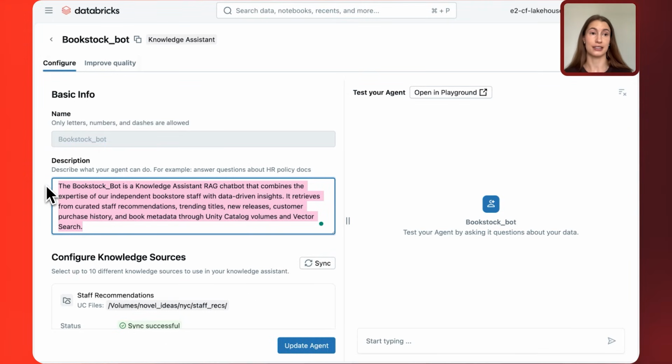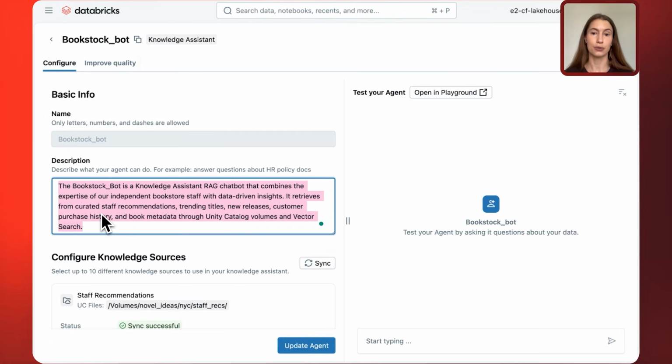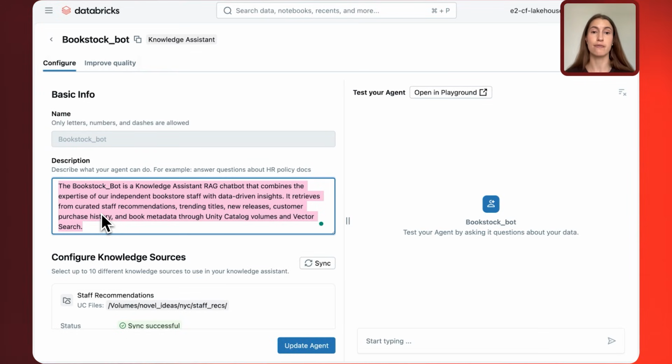So if a customer asks for a book recommendation, it's not just an LLM pinging the internet to see what is a logical next book choice. It's using domain-specific expertise, curated staff recommendations, trending titles, new releases, that customer purchase history, and book metadata. That's all stored in unique catalog volumes and vector search. It's pulling from that information in order to give tailored recommendations, which helps make Novel Ideas so